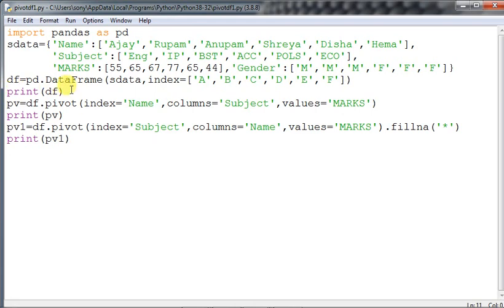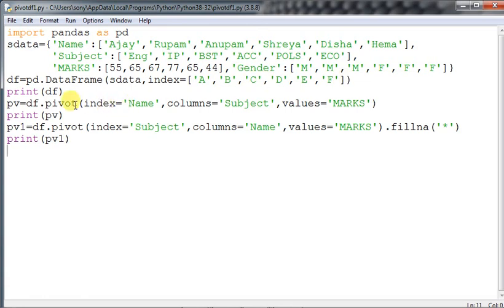Now here the method has been taken: df equals pivot, index equals name. So we are sending name into the index. Columns we have taken as subject, and values we have taken as marks. In the output, name, subject, marks and gender are the columns, and the index will have the A B C D E F values.